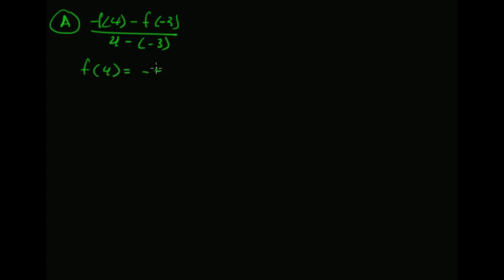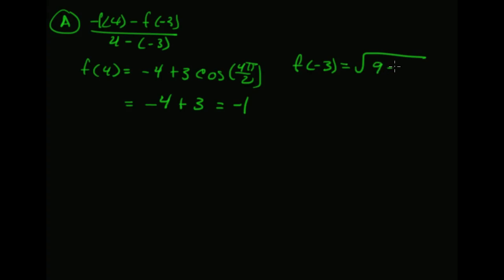So you need f of 4. f of 4 is -4 plus 3 times the cosine of 4 pi over 2. So that's -4 plus 3 times the cosine of 2 pi, which is just going to be 3. It's going to make that -1. I need the f of -3, which is going to be the square root of 9 minus -3 squared, which works out to be 0. So this is -1 minus 0